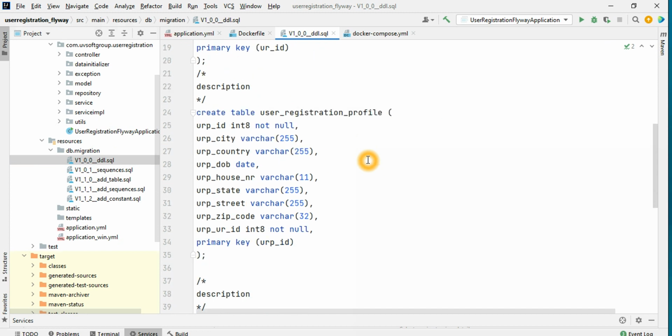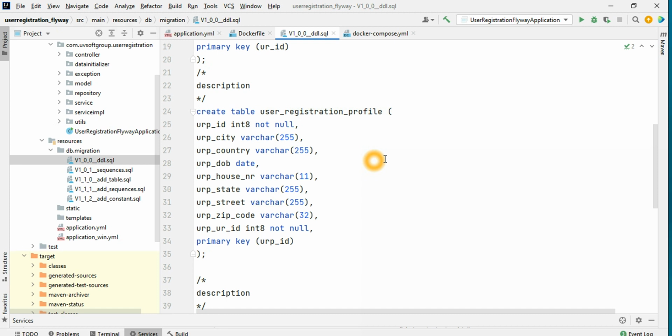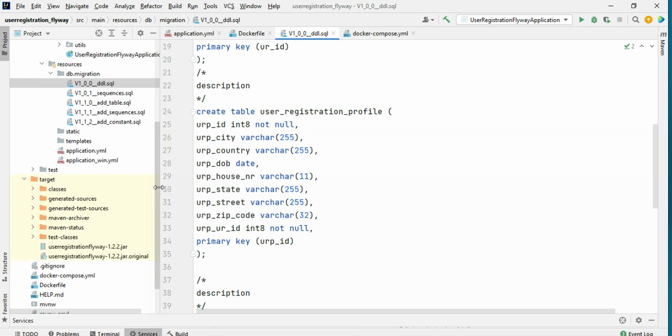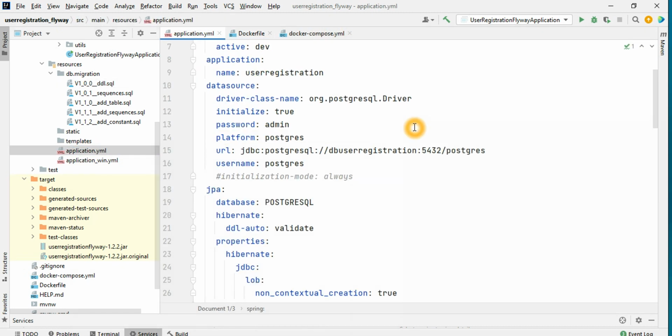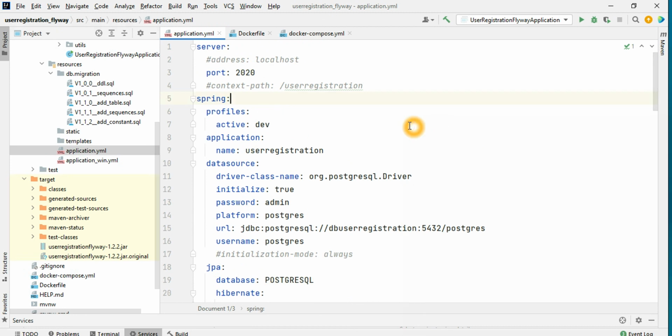I will give you the overview of how you can write your Flyway migration scripts, and then we can continue. So this is how you can express it, and you can go this way. We have the application.yml file. This is the most important part: how you configure